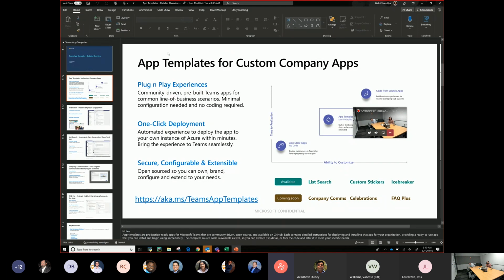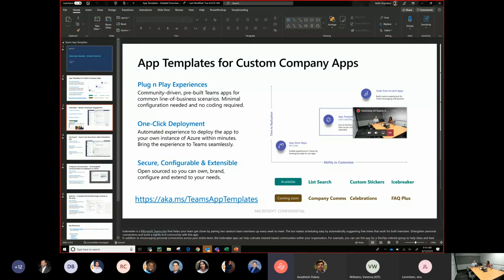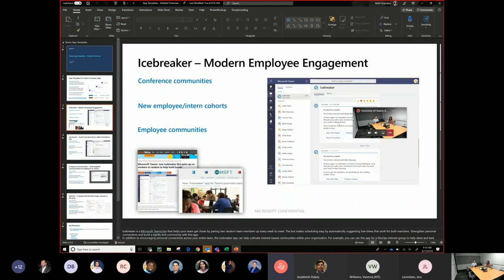So I covered an overview of what app templates are and why we are building these. I'll dive right into examples. There's nothing more useful than taking an actual example. The first one that we published here is called Icebreaker. So the idea came from